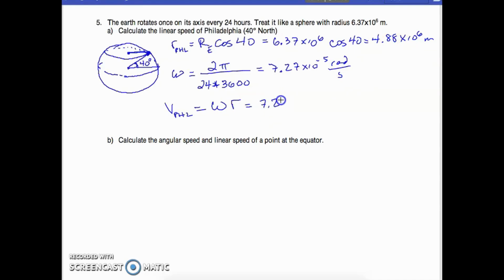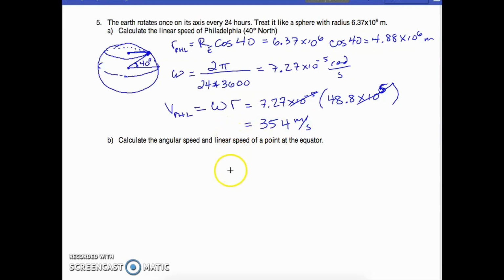So we have 7.27 times 10 to the negative 5th times 48.8 times 10 to the 5th. We move the decimal point, change that, and this way we can cancel those and just multiply 7.27 and 48.8, which gets us about 350